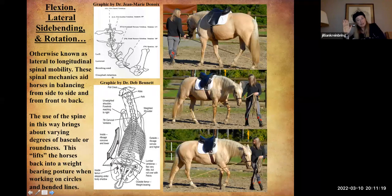If you dig into the outside of the horse's back with your seat bone, you're blocking true bend. Does that make sense? Okay, so if my hands are representing the lumbar vertebrae, it has the side transverse processes, which is the horse's lower back. If the horse is bending to the left, this is what will happen to the vertebrae, which you can see in the bottom